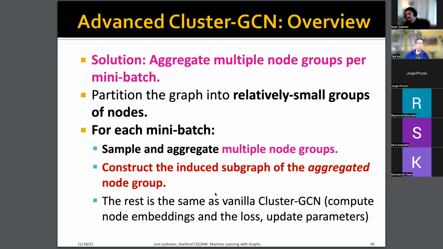So one of the tricks to overcome this is you can aggregate multiple node groups. So you do that community detection, you find a whole bunch of groups, and in this case you tend to make them even smaller. So if it was CS, you might go even smaller, a sub piece inside of computer science, because you want these to be relatively small. And then when you do a batch of training, you don't just pull in an individual group, you will pull in multiple groups,